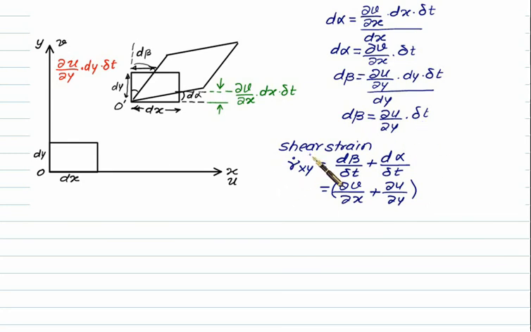Therefore, the rate of shear strain is defined as gamma dot xy, which is equal to d beta by dt plus d alpha by dt, which is the same as del v by del x plus del u by del y. So when it is xy, you have to take the derivative of u with respect to y, and when you take the derivative of v, you take it with respect to x. So simply you have to write down this xy. We have x and we have y. Along x we have velocity u, along y we have velocity v. So simply take the cross here, that is del v by del x, and second is del u by del y. In this fashion you can remember this.